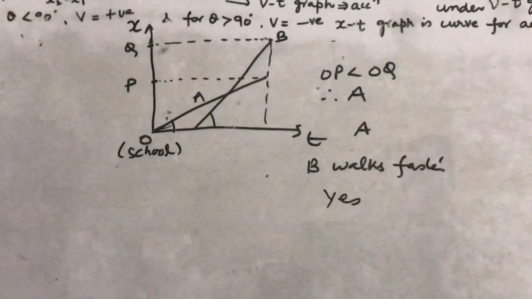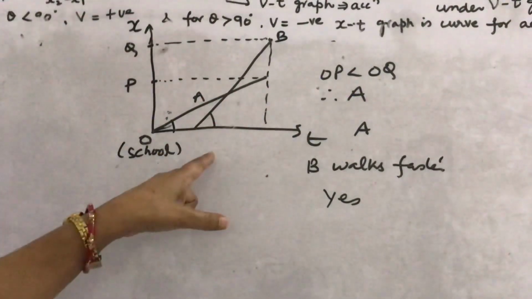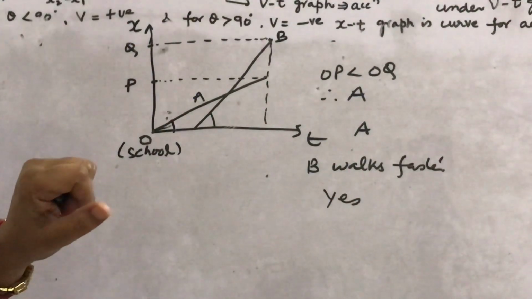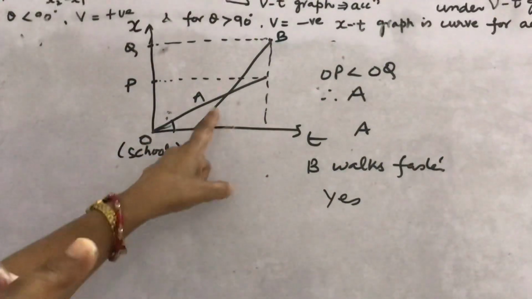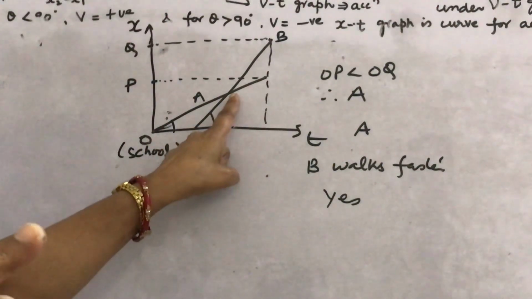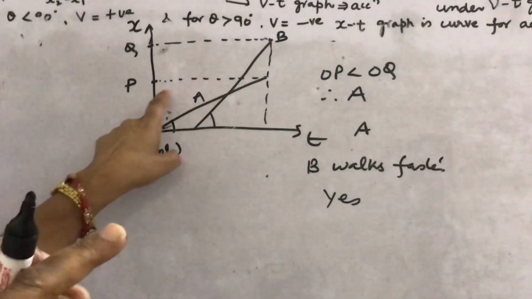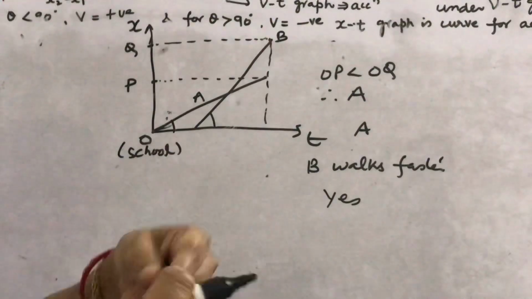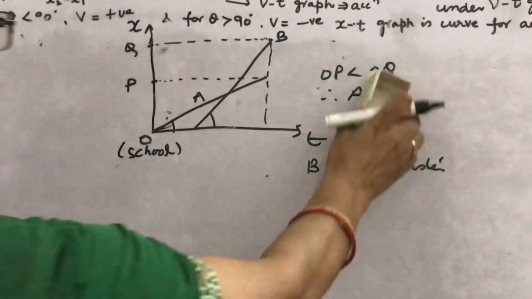Finally, who overtakes whom? You look here, slope is more of B. So, B overtakes A once, here at this point. This is the cross section of these two, the intersection. They are meeting here at this time. If the numerical value is given, then at this time they overtake. So, in this way you have to solve the graph.